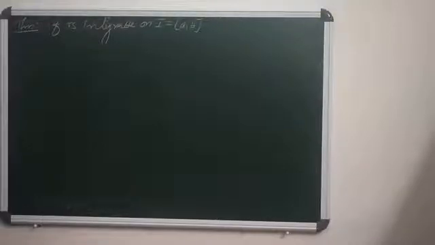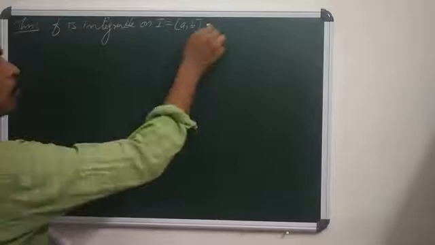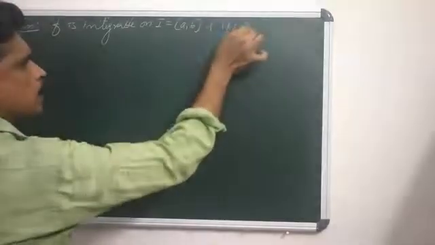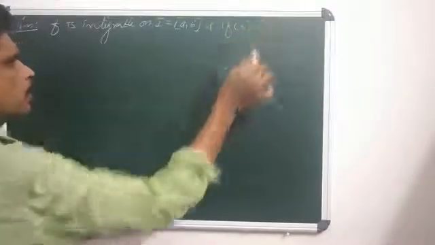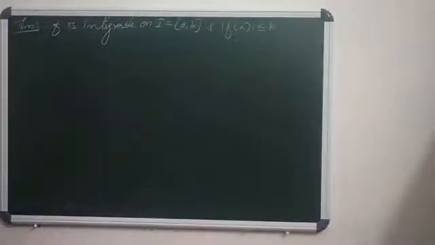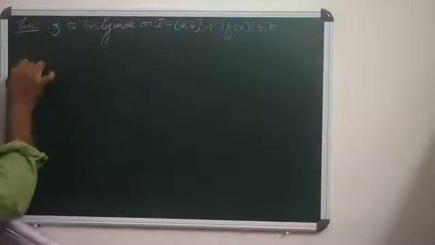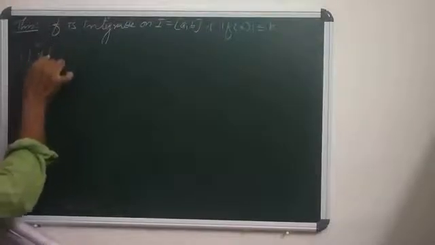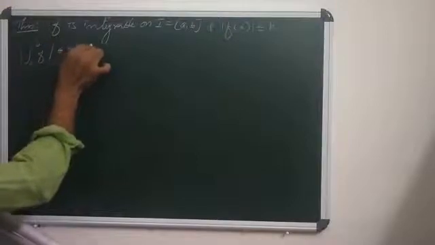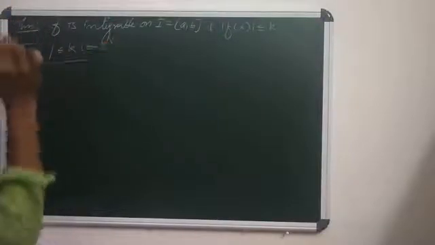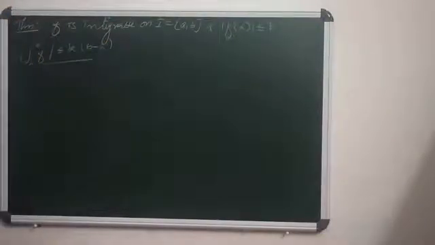Now, the modulus of f of x being less than or equal to k means f is bounded. Then we have to show that the modulus of the integral from a to b of f is less than or equal to k times (b minus a). So this is an important result. If f is integrable on I, where I is the closed interval [a, b],